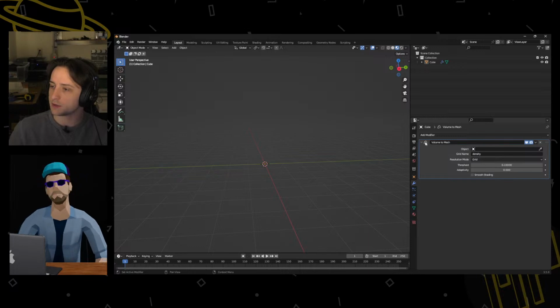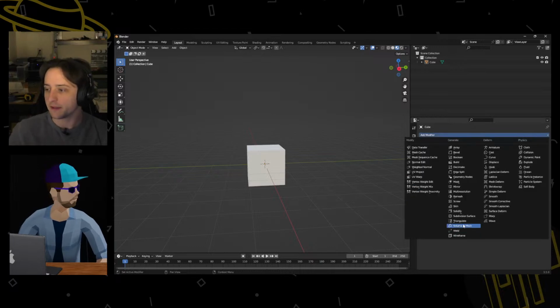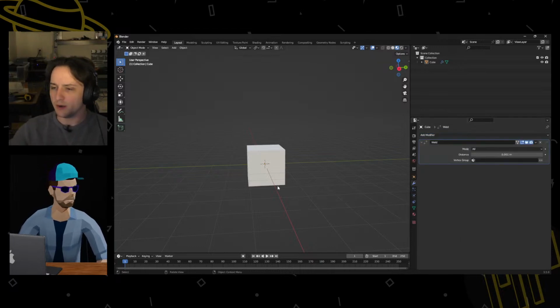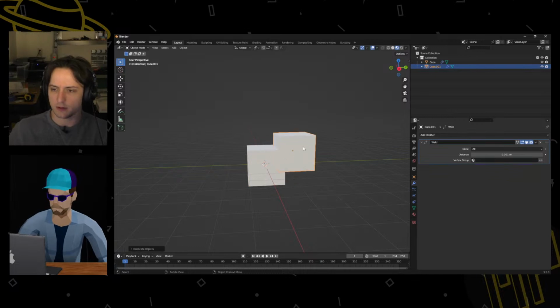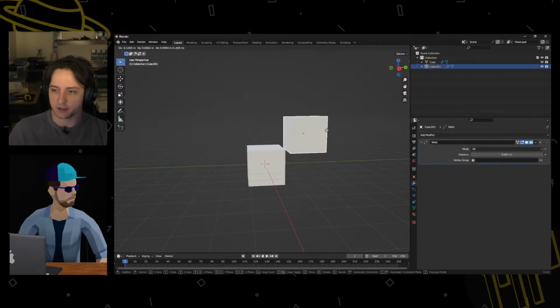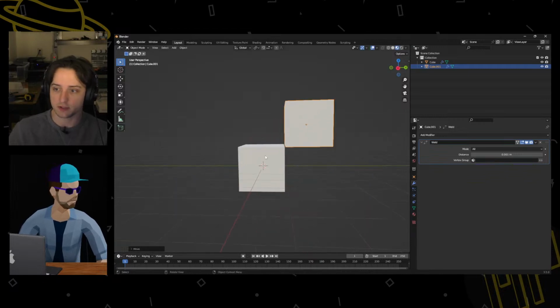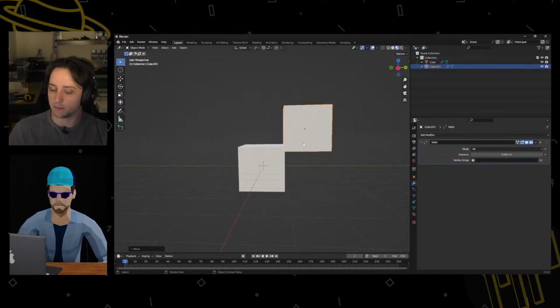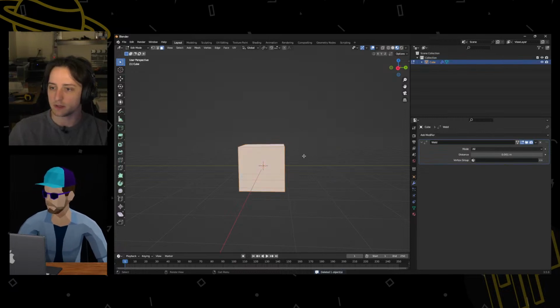I thought maybe there was a way to do that, but I guess not. So bottom line is I don't know much about that one. Weld is the same way. I don't really know what this one does, to be quite honest with you. I would imagine it welds objects together, but maybe they need to be in the same